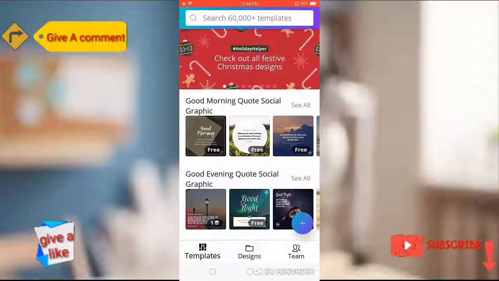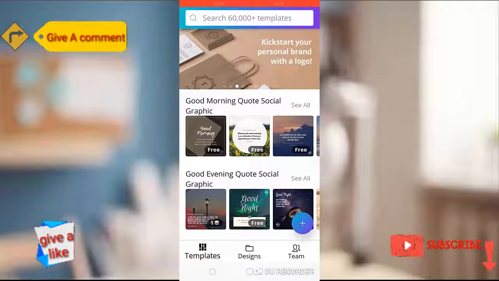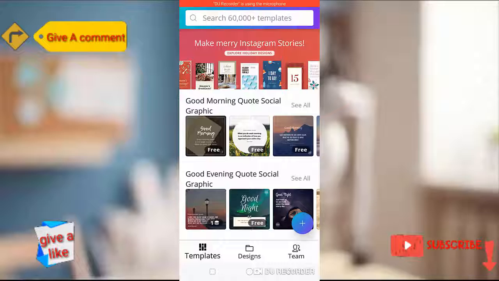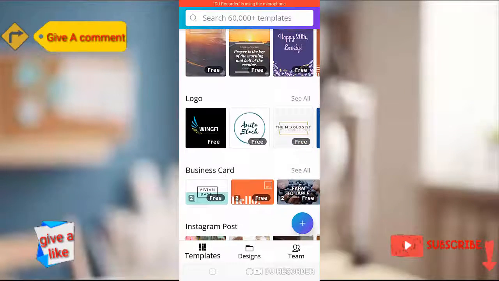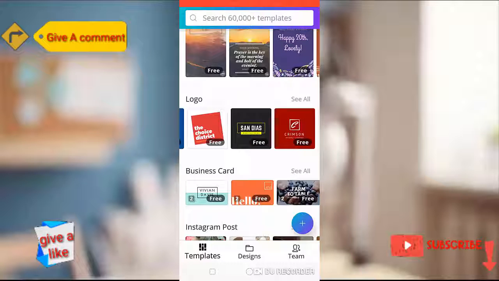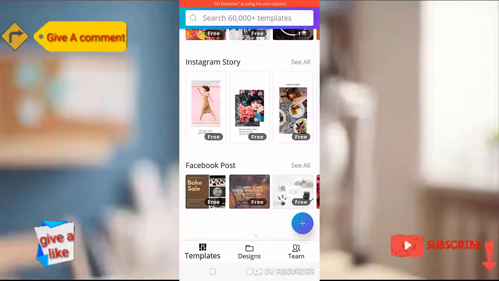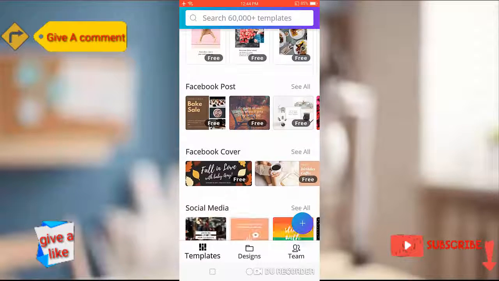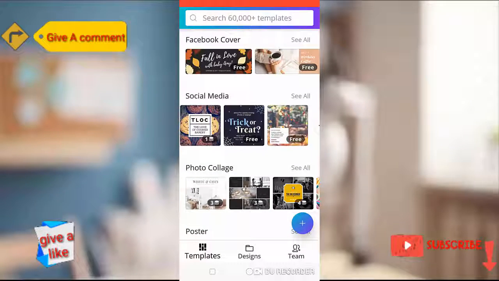Let's open Canva. This is the Android version. We also have a PC version. Here we can see a lot of graphics we can make. This is general graphics, WhatsApp stories. We can make beautiful logos in seconds. We can design business cards, Instagram posts, Instagram stories, Facebook posts, Facebook covers, social media, a lot of social media,